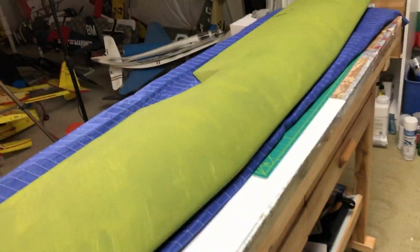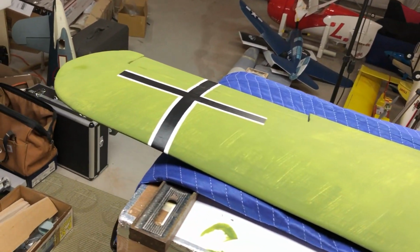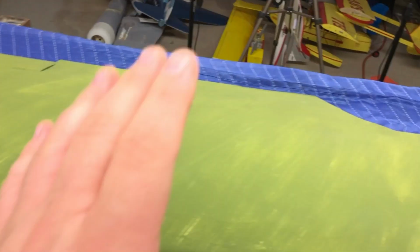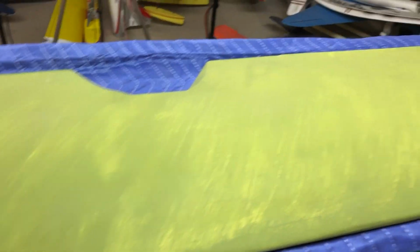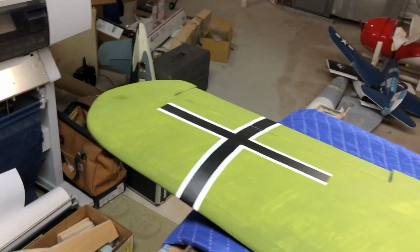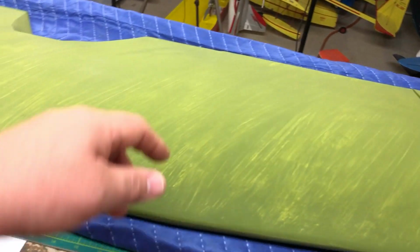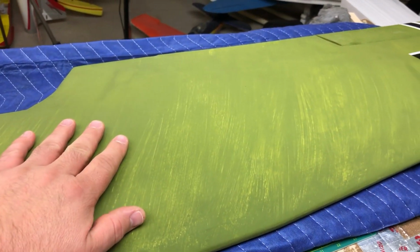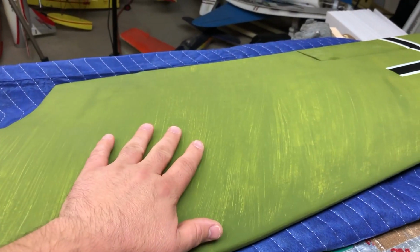And this is the wing. So no, it's not really a whole lot to look at now, but I wanted to show you up close because with the bright sun, some of these details can get washed out. So obviously we've got crosses on each end, these are scale markings, properly sized as well. So really the technique here was to just take paint and brush it on, and I left it very thin